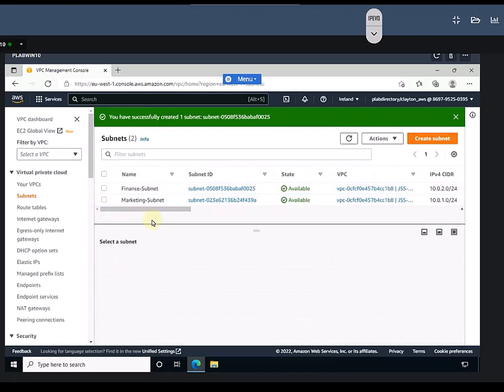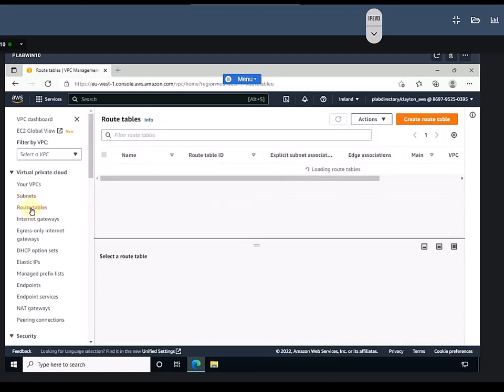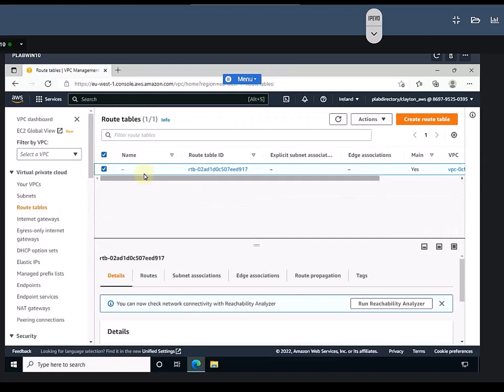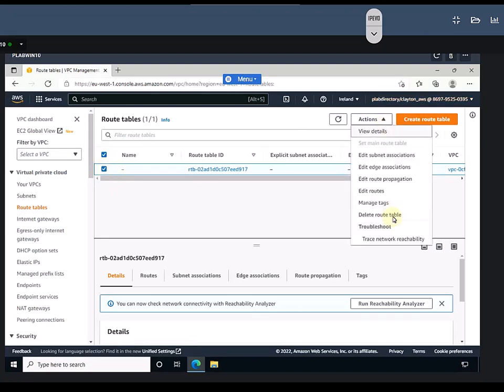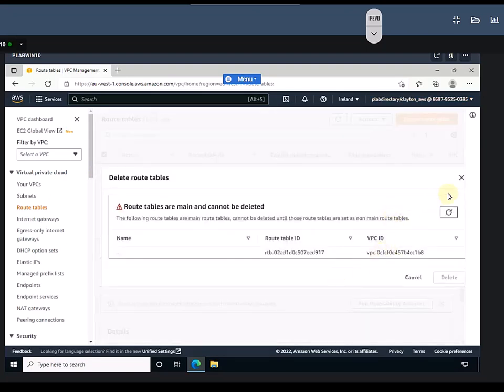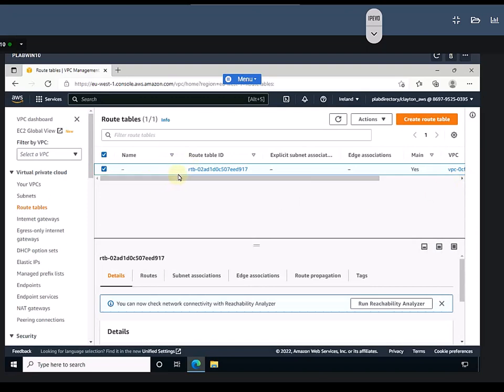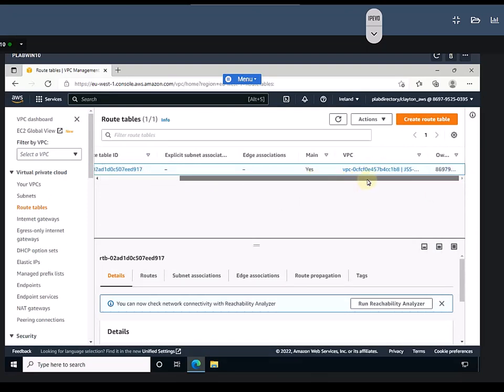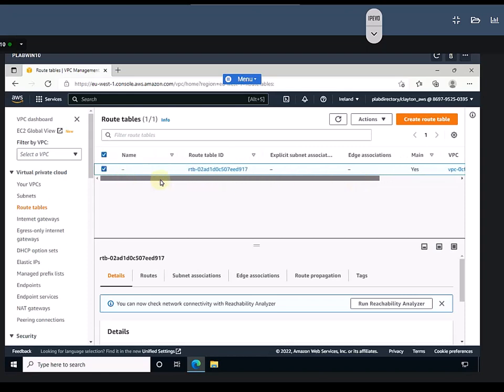After that we are going to create the routing tables for marketing and finance. As you can see, we have this default routing table. If you are not clear which VPC this routing table belongs to, you can delete it. So just delete that one. And this route table is main, which means we cannot delete this routing table. So just to verify which VPC this belongs to, select this one